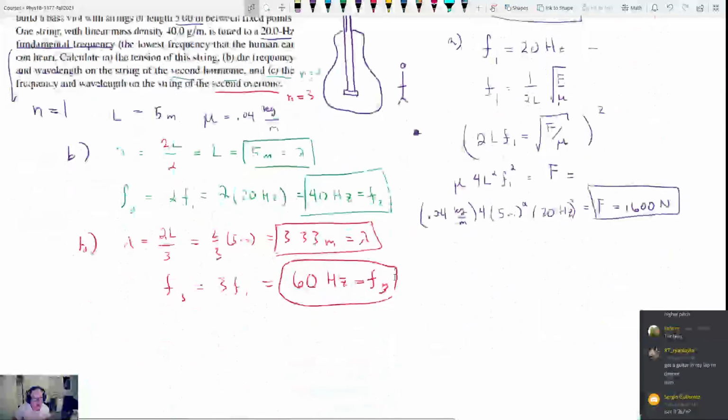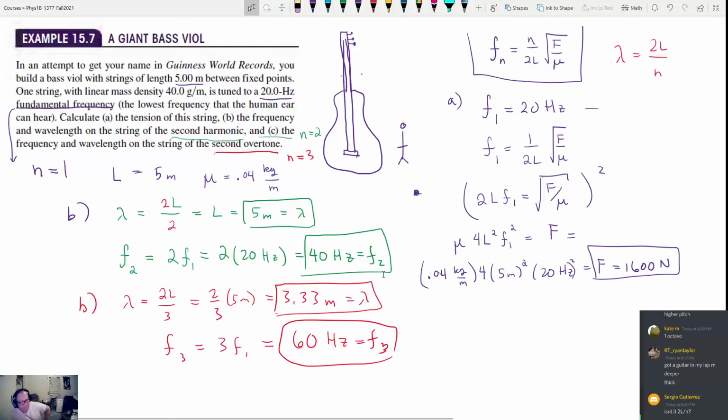Okay, if not, that's where we're going to stop tonight. I find this stuff to be pretty interesting, and the problems tend to be pretty easy. They can be a little bit tricky, but